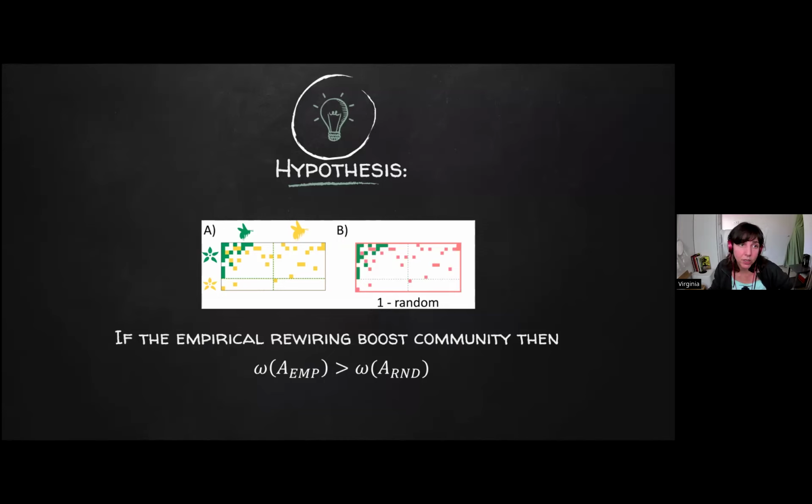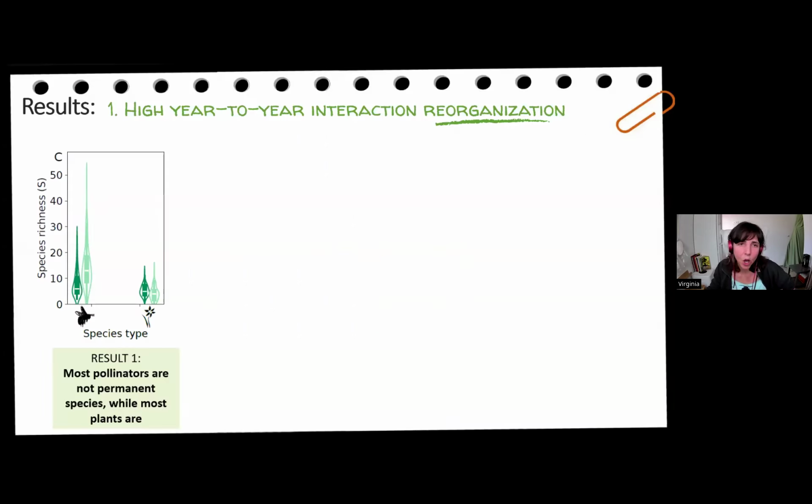So here, our hypothesis is that if our empirical networks are somehow better, we should be able to see it in this modeling framework. That is, if the empirical organization is helping a species to persist, we should be able to see this using this structuralist framework. Okay, so what we found was, first, looking at how networks change,